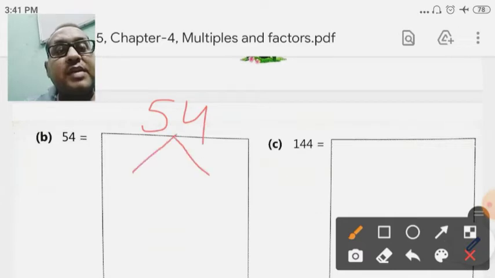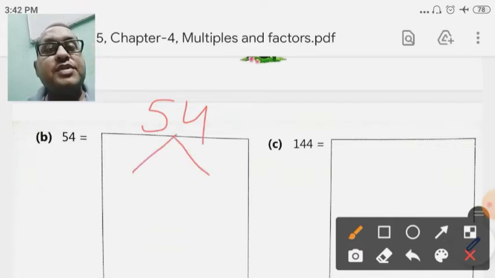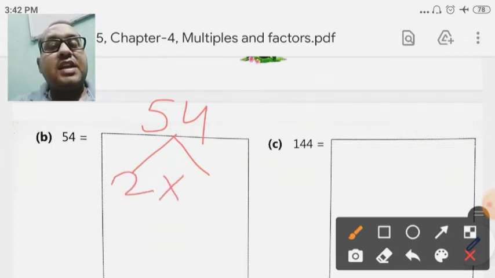So, the factor tree method. When we are solving any question according to the factor tree method, we first start with 2, because 2 is the smallest prime number. If it is not divisible by 2, then we move to the next one. Finding a pair of numbers which multiply to give 54, and one number is 2, the other number must be 27. Now 2 is a prime number, so leave it.